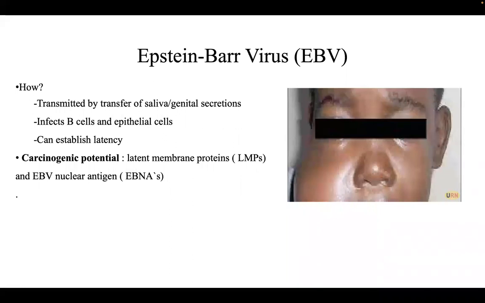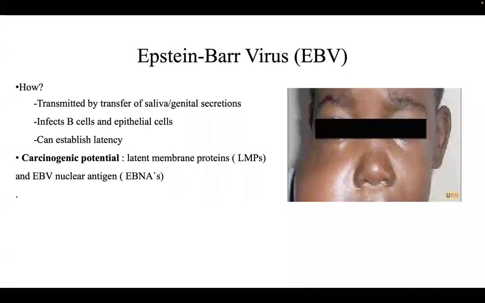But once it becomes latent in the B cells, it has the potential of causing cancer, and its carcinogenic potential is that it encodes the latent membrane protein, the LMP, especially LMP1, and EBV nuclear antigen, which is also encoded by this particular virus. So this latent membrane protein acts as